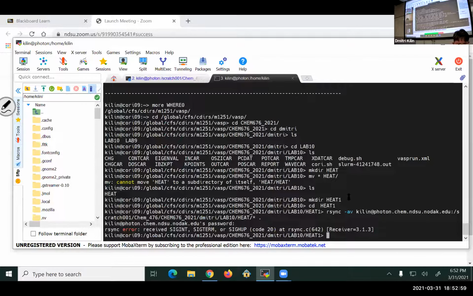Then I am going to the window where I'm logged into NERSC, and there I type rsync. I can type SSH instead, but rsync is a command to copy a large amount of files, which will work, for example, if I want to copy movies or large orbitals where the transmission can be interrupted in the middle and then started from where we left off. So rsync -AV. Then I type where I want to take files from: sources, user, host name,